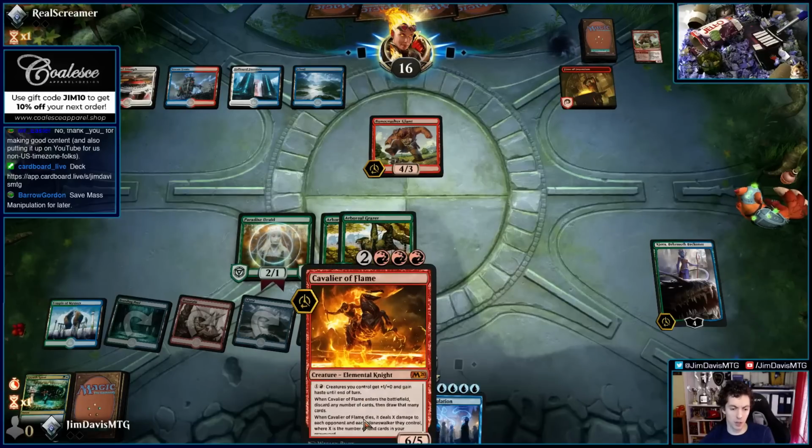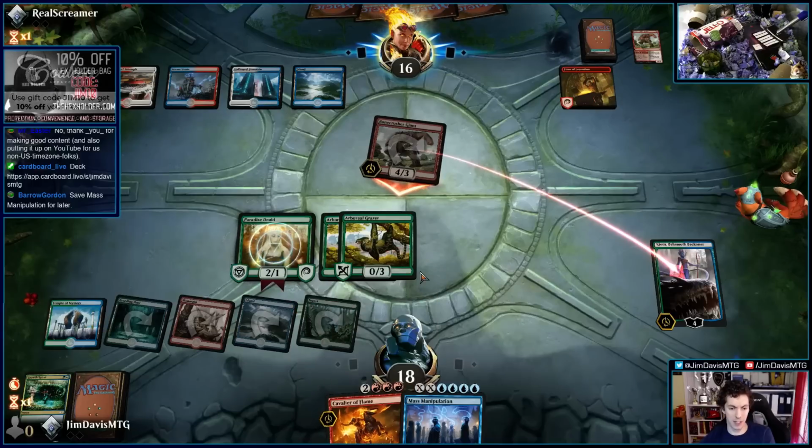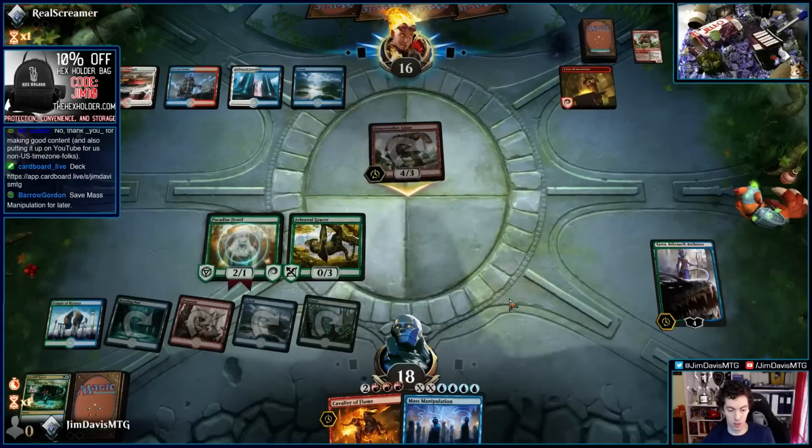The thing about Cavalier also is that it really costs 4 red, because you really want to cast it and activate it the same turn. So, definitely not big on the Cavaliers. The green Cavalier seems good, but...